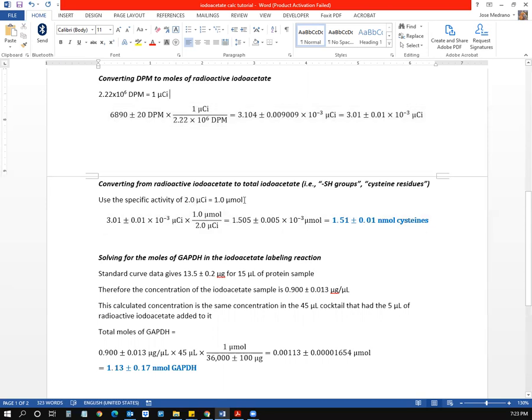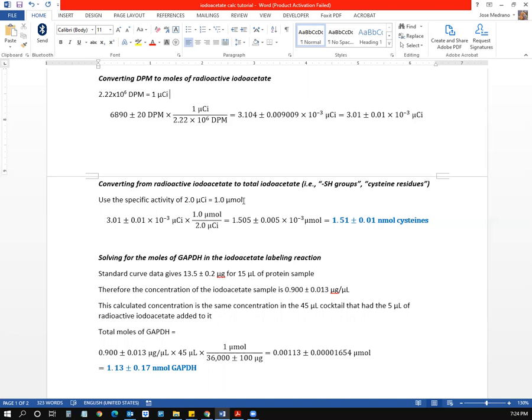This relationship is telling us that the amount of radioactivity that we are observing is equal to some known amount of reagent that is actually present in the assay itself. So this ratio relates what we can actually see and detect in the experiment to how much is actually present in terms of total radioactive and non-radioactive